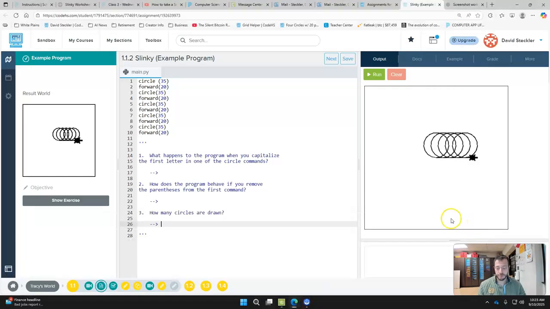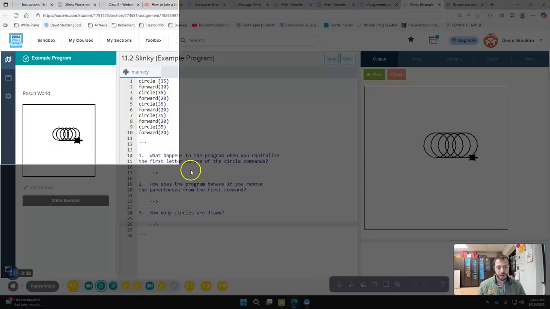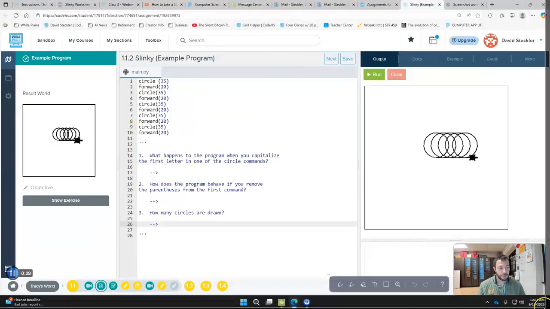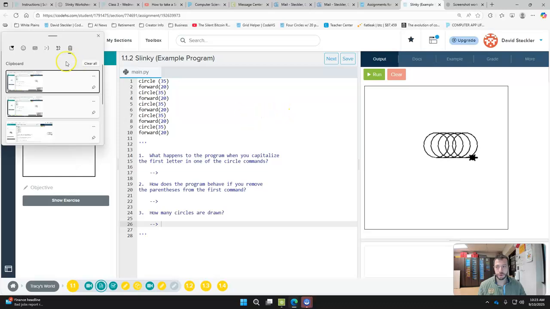When we use the snipping tool, we are going to just be taking a full screen screenshot. The easiest way to do that is to either go to the top left, click, drag it, and bring it all the way to the bottom right, and taking a full screen screenshot. As soon as you let go, that screenshot has been taken, and you can verify that by holding down Windows V, which will show you your clipboard.